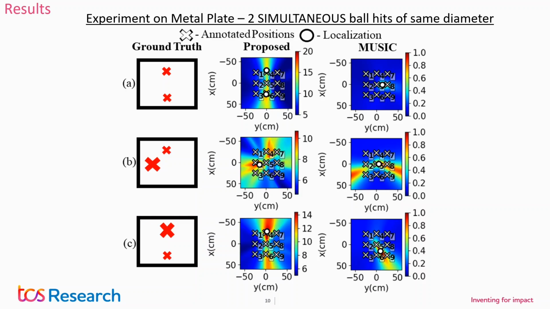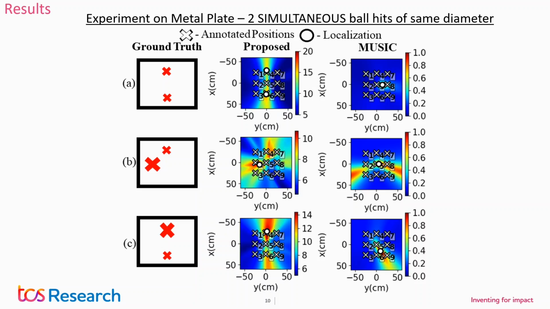So here, I'm only in the first row. Now I'm doing simultaneous tests. So these are 2 drops of the ball of same diameter and same mass. This is our approach. This is one of the algorithms in the literature. Again, these are very beautiful algorithms, but meant for narrowband, like human speech sort of sound, not for impact industrial sounds. And here you can see, if I take into account all the time frames, I'm getting two yellow-white dots, meaning two peaks. And if you just look at the image, the yellow line comes vertically, which is similar to the ground truth, but the literature is going all over the place.